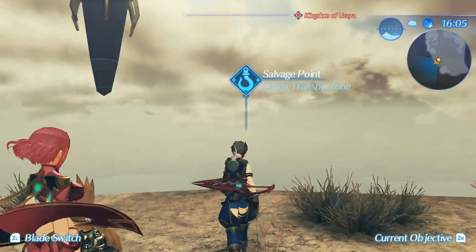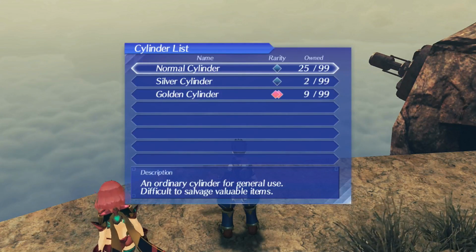Anyway, Rex is a salvager. You see these points here? It says salvage point. So if I've got cylinders,